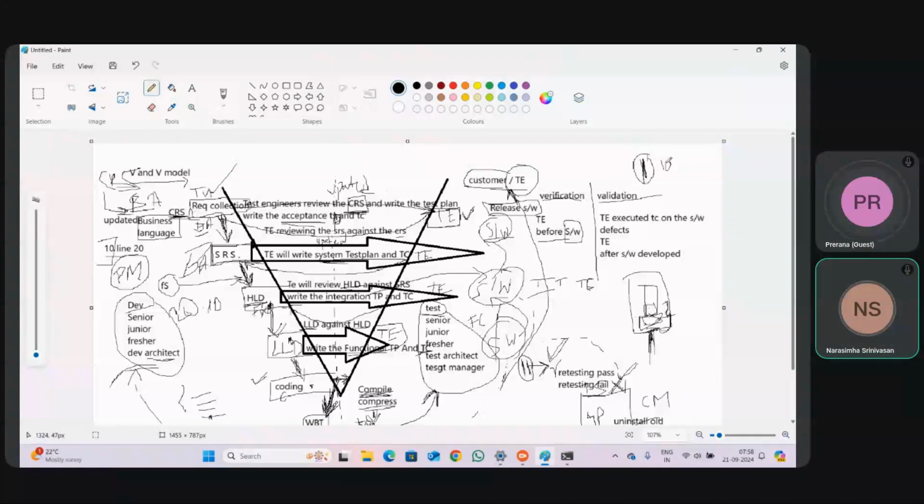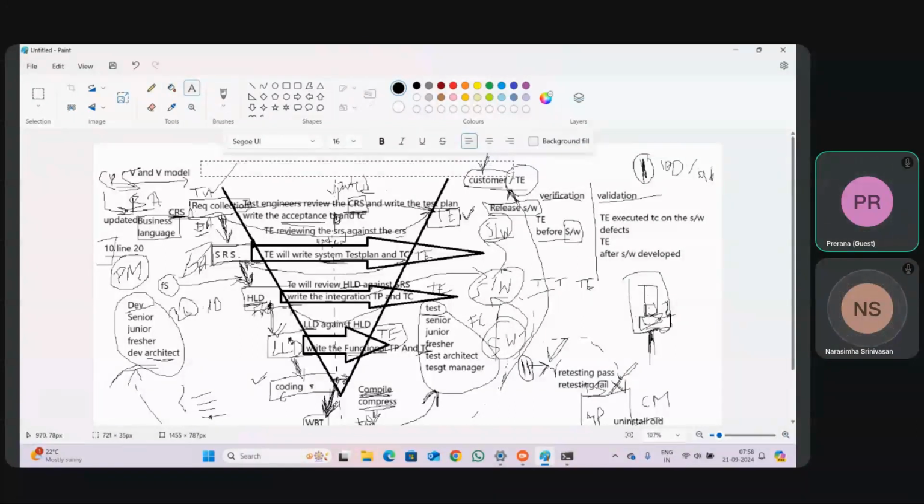There is no 100% in this world. So there will be 90% or 95%, 96% quality. The customer can use the software and run his business. He will not find any type of defects.